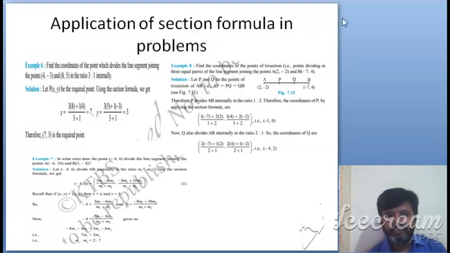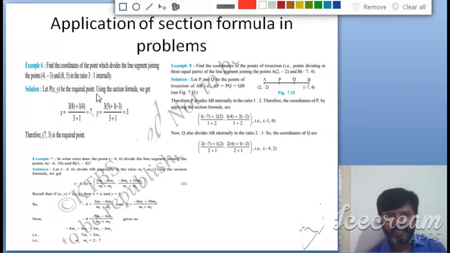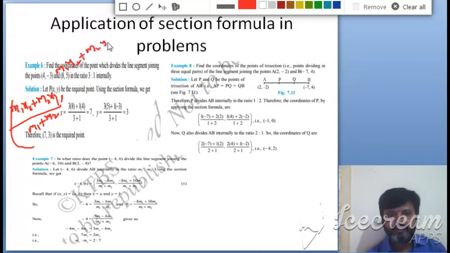They have given 2 points in the ratio 3:1 internally. As we know, the section formula is (m1 x2 + m2 x1)/(m1 + m2) and (m1 y2 + m2 y1)/(m1 + m2), where m1 and m2 are the ratio. Here m1 is equal to 3 and m2 is equal to 1. So we are using the formula, and we got the point as 7 comma 3. Okay, and we will move to the next example.